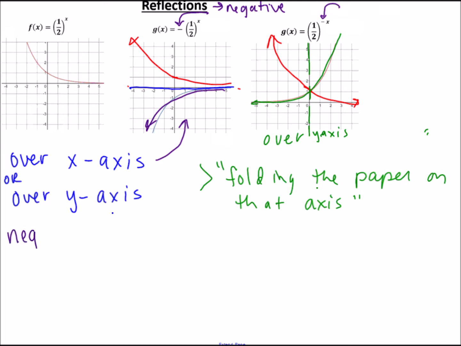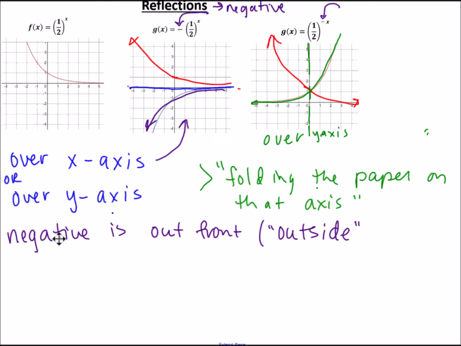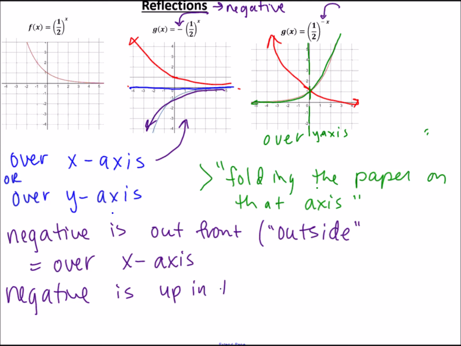So if that negative is out front, which I'm going to call outside, then it's over the x-axis. Over the x-axis. If the negative is up in the power in front of x, meaning inside,